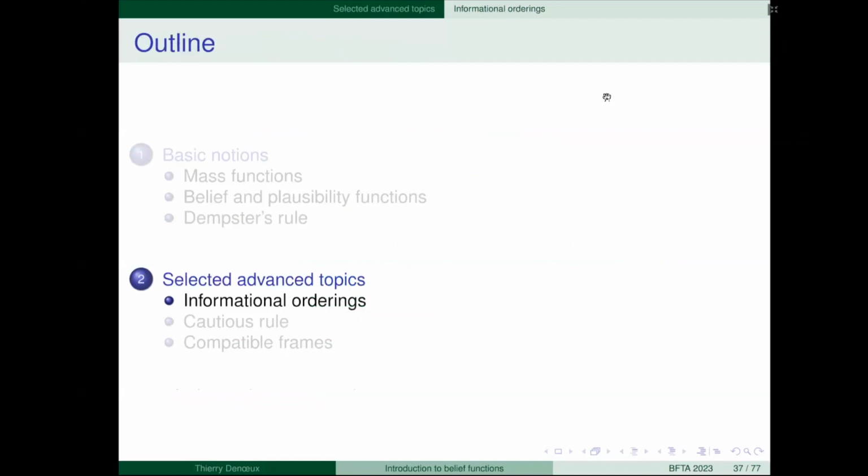Okay, so with what I presented till now, you have, let's say, really the basics, but it is enough in many applications. Actually, maybe 90%, maybe more of the papers on belief functions use only what I've presented till now. But for more advanced applications, actually many applications, you need more. You need more than that. So I will first